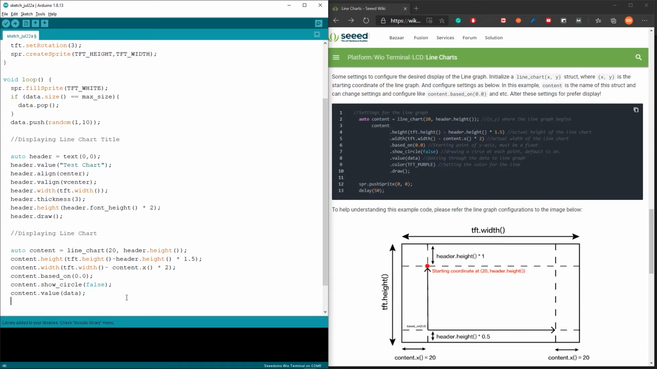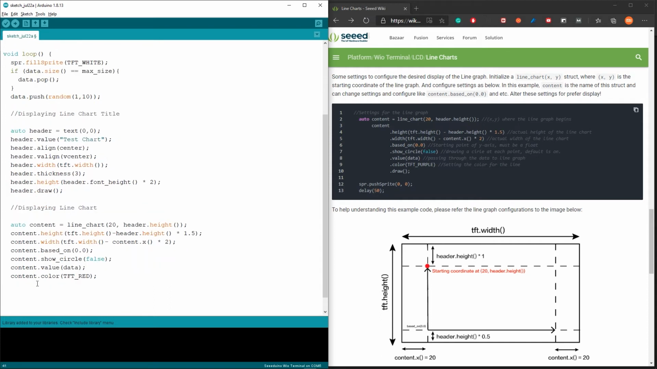Now set a color for the line chart. So content.color, and I would like the color to be red, so TFT red. And then just like for header, you need to draw the line chart by writing it as content.draw,